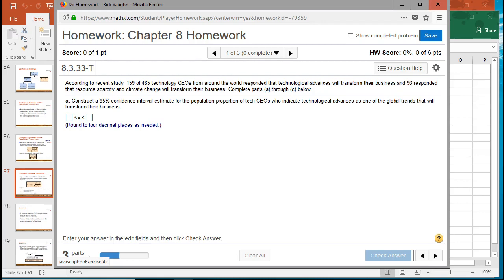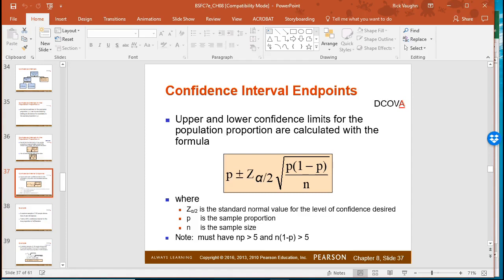Now we'll go over to the formula, which is on slide number 37 from Chapter 8. This is the formula for the confidence interval endpoints, the minus for the low end and the plus for the high end. And this assumes that we get the upper Z alpha divided by 2, this critical value that comes from the